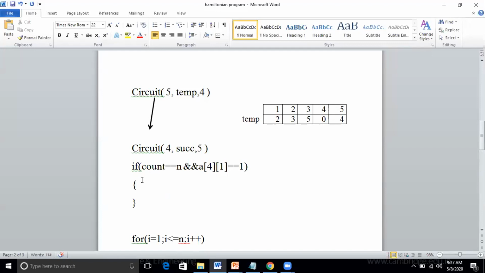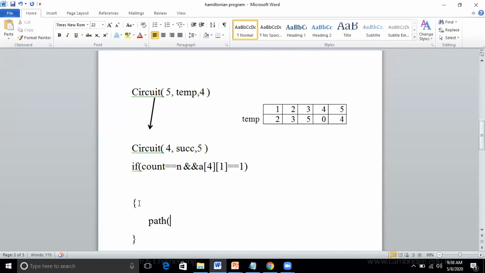We got a path in which array? Can you see this path? 1 to 2, 2 to 3, 3 to 5, 5 to 4. So I will write one method to print the path.